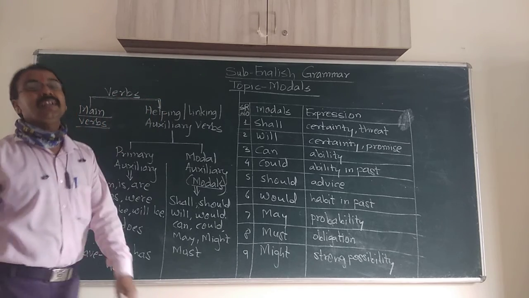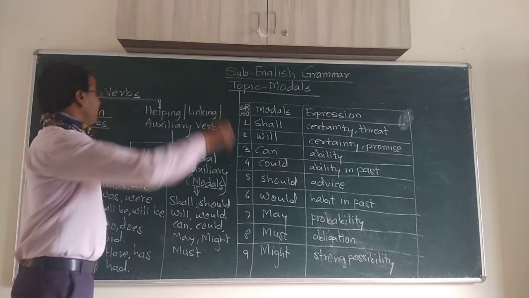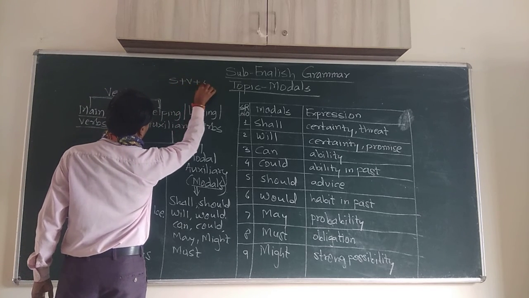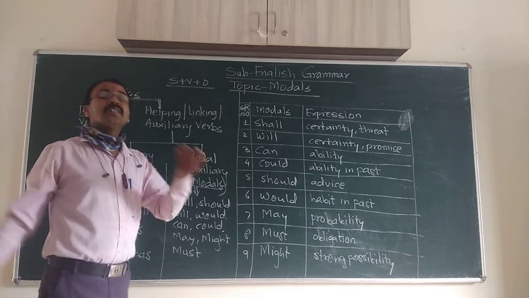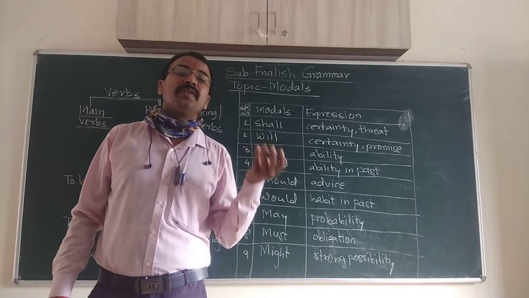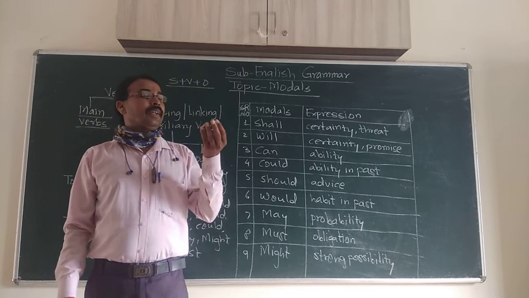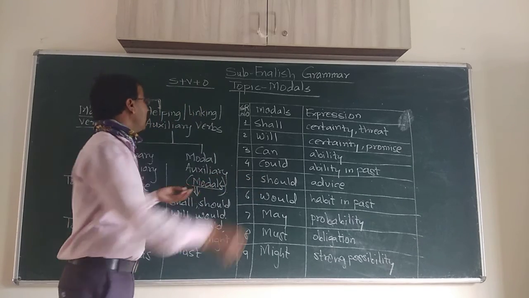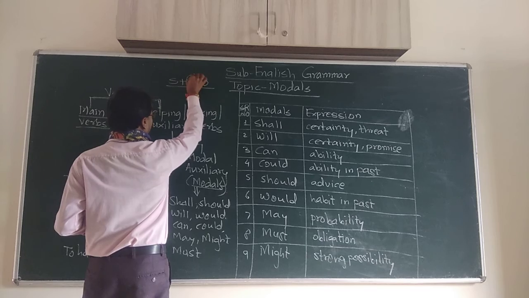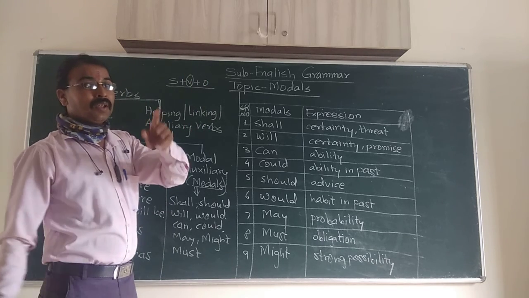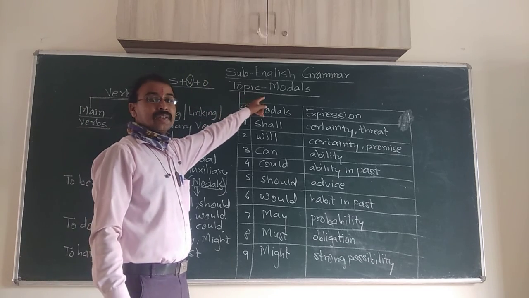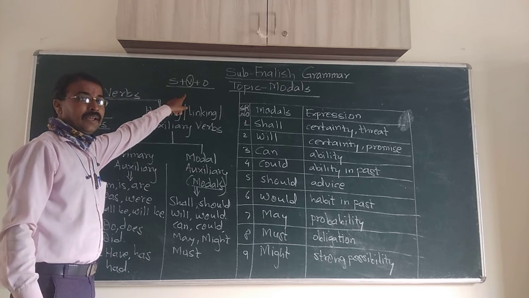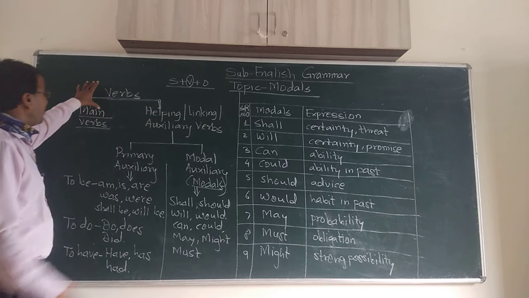So we'll see the construction of a sentence: S plus V plus O. This is the construction of a sentence, which is useful. It is one of the formulas of tense, so tenses are useful, and the main factor in this part is the verb. And today we are going to learn these modals, which derive from these verbs. We will see first how they derive from these verbs. Already everyone knows verbs.